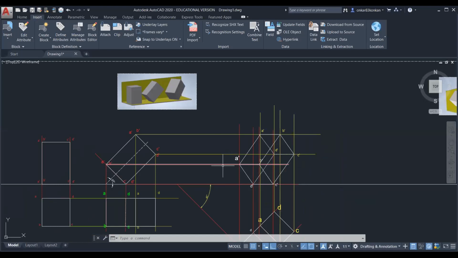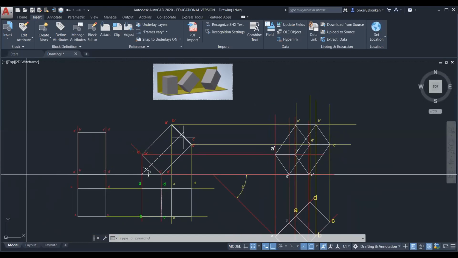So this is the complete projection. You can observe here the 3D image and the two-dimensional projection. This is the first stage. In the first stage, the top view is the true shape, that is a square, where two edges are perpendicular. We have to draw this top view when the prism is resting on the edge, and if the condition given is that the prism is resting on the corner, then we have to draw this equally inclined. Then complete the front view. So you will start here. This is your first step.